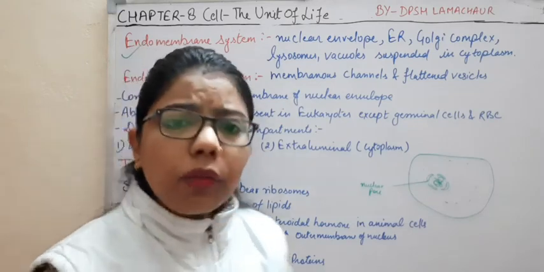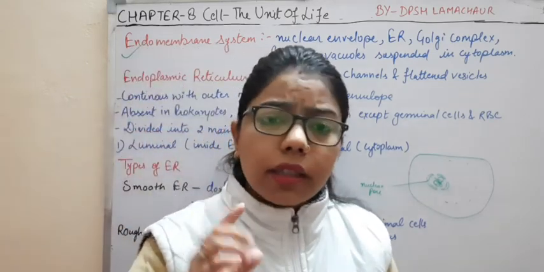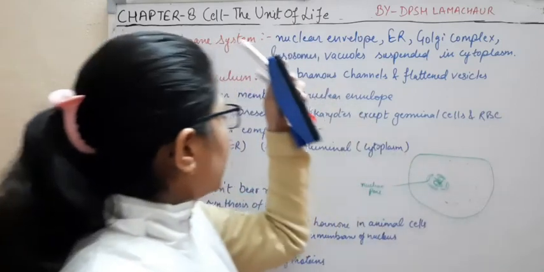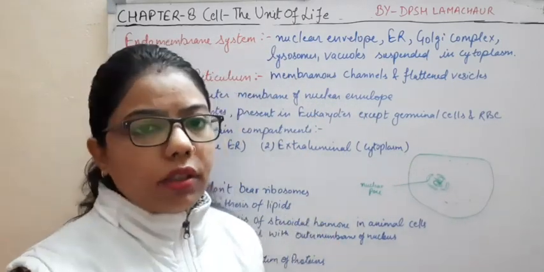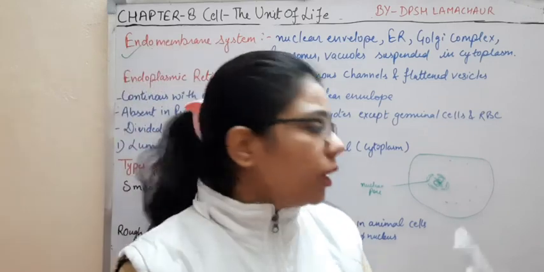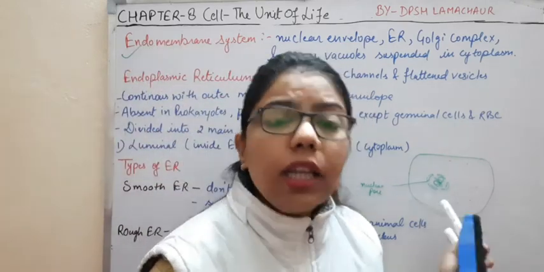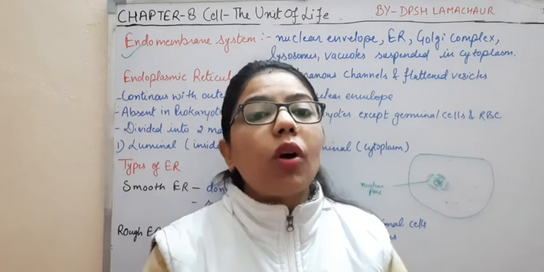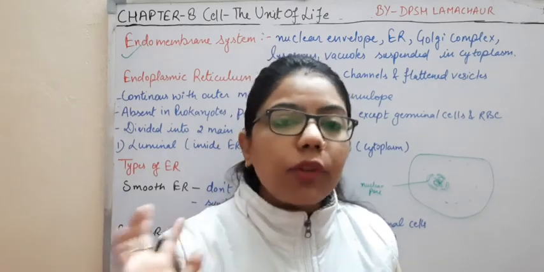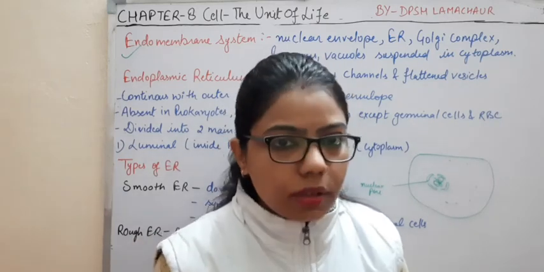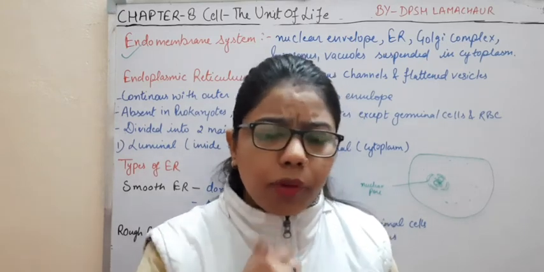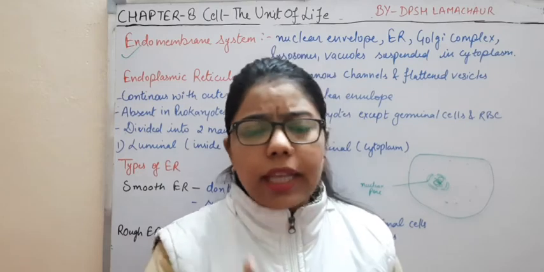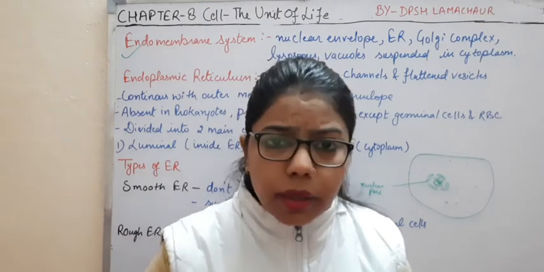And what is the meaning of this endomembrane system? The components that come under the endomembrane system all coordinate with each other. If any functioning takes place inside the cell, they coordinate with each other. For example, take our digestive system, in which so many things are there. It starts from your mouth and moves towards your stomach.